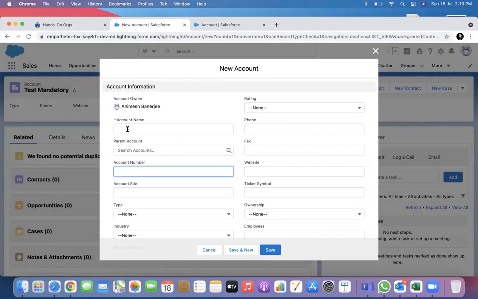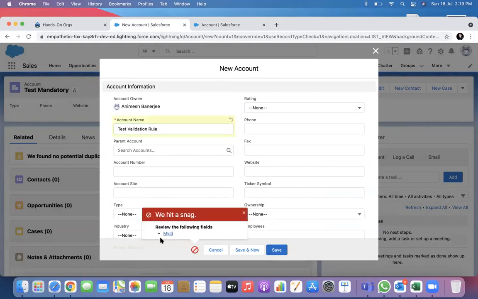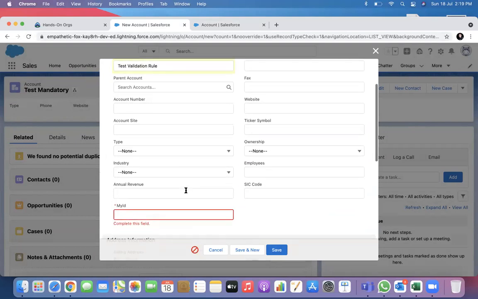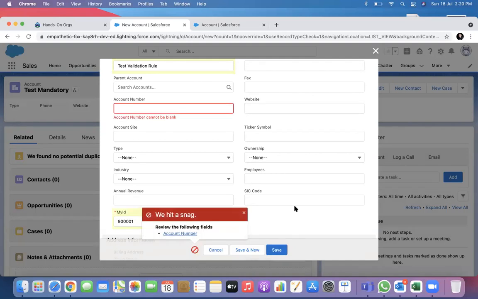It's gone now. So now I test validation. You see, I have not put my ID. It is asking me back. I will put my ID. Account number does not have a red star. See, now my validation rule is running and it is saying account number cannot be blank.